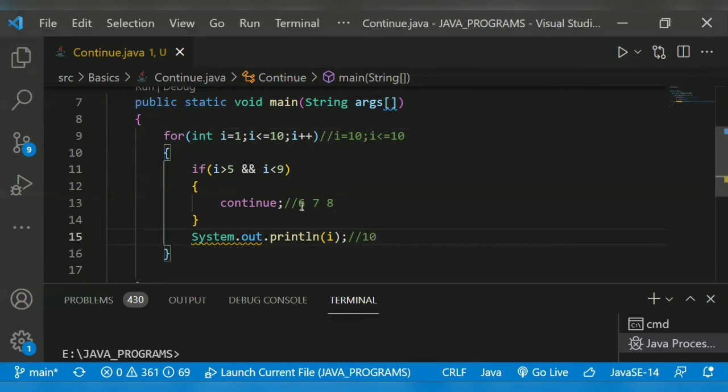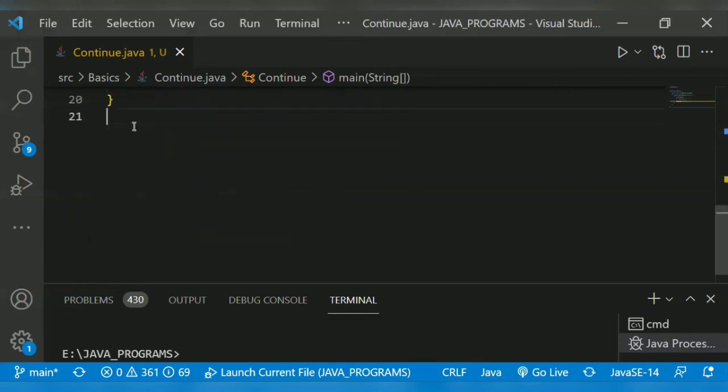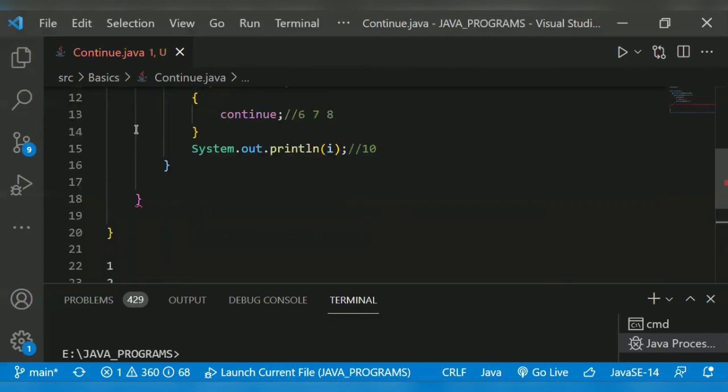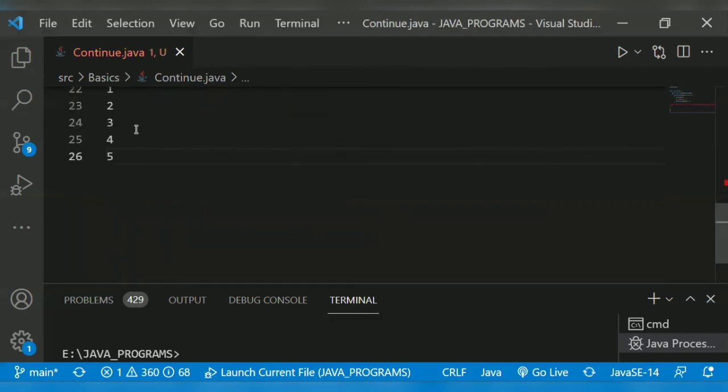So our expected output is like this: 1, 2, 3, 4, then 5. 6 will get skipped, then 7 is also skipped, 8 is also skipped, 9, then 10. So our output for the program is like this.